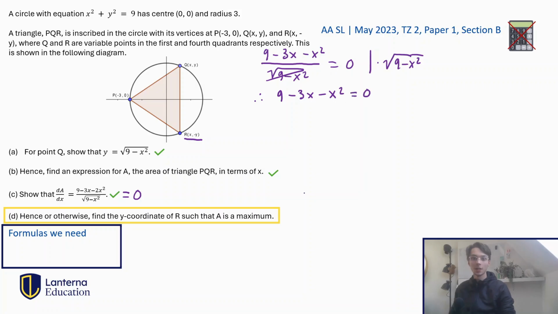Well, that's just a quadratic. This is a no calculator question, so we have to solve this the hard way. There's 2 ways. You can factorize it if you're good at factorizing. That's what I'm going to do really quick now. If you are not that good at factorizing, that's okay. You've got the quadratic formula in your data booklet as well. You can just apply that. You'll get the same answer. But anyways, if we factorize this,